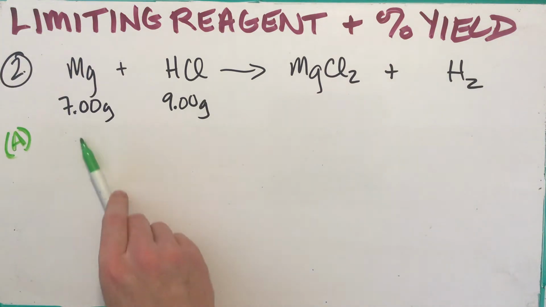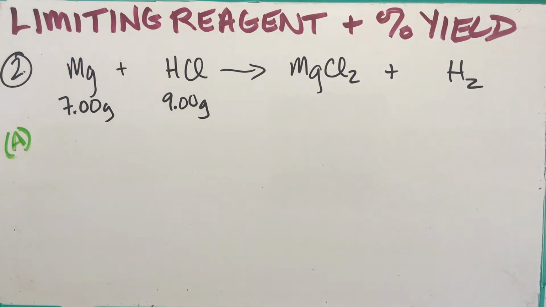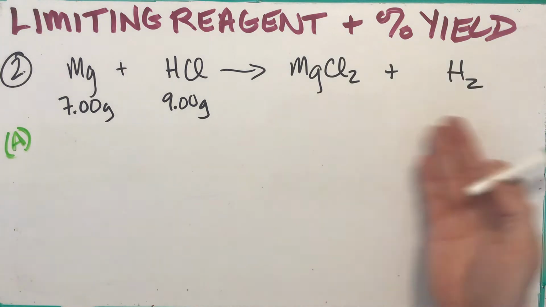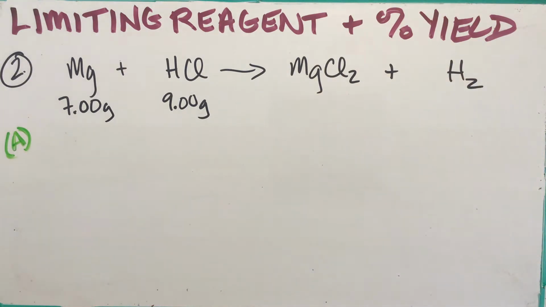Now, one of these will get used up first. Whatever one I get that gets used up first, that's my limiting reagent. That's going to stop the reaction, and that will mean the end of product making, and whatever I've got, that's it. I've reached my maximum yield of product. The other one will still have some left over. That's my excess reagent. All right, we've done problems with both of those. Anyway, so